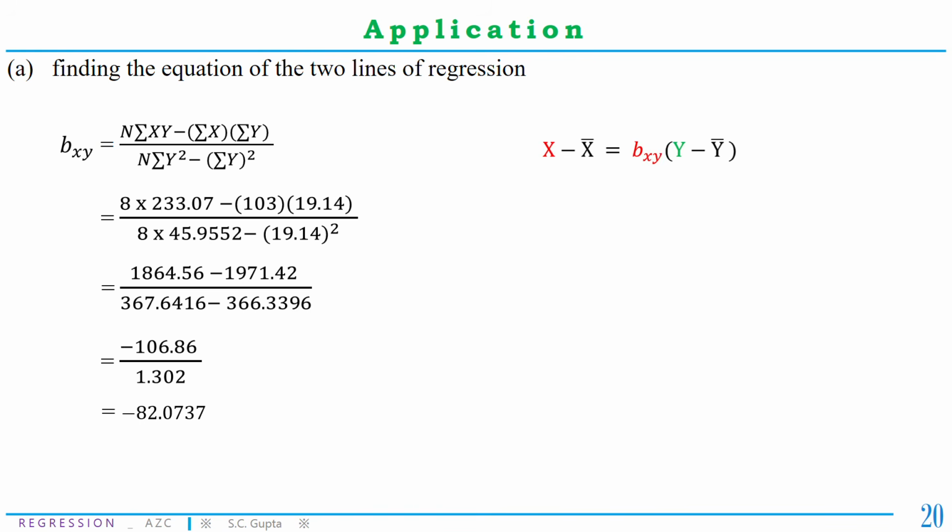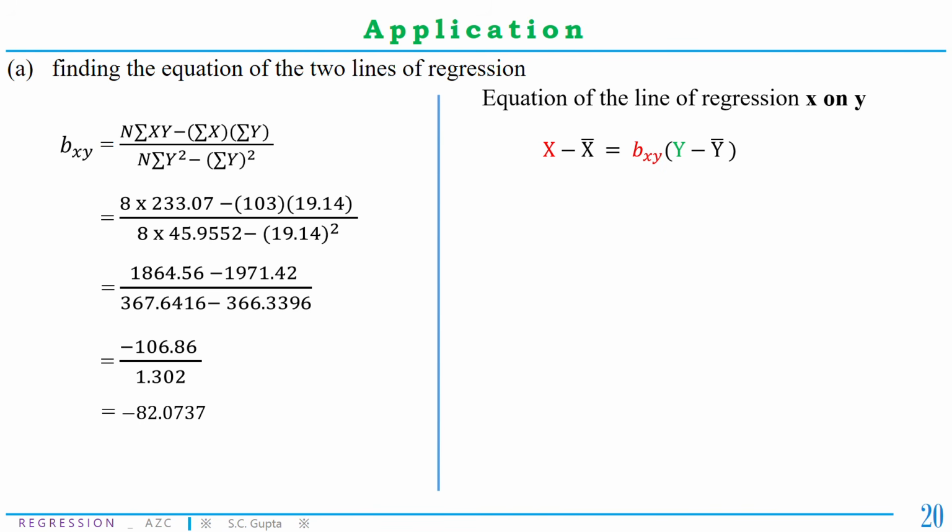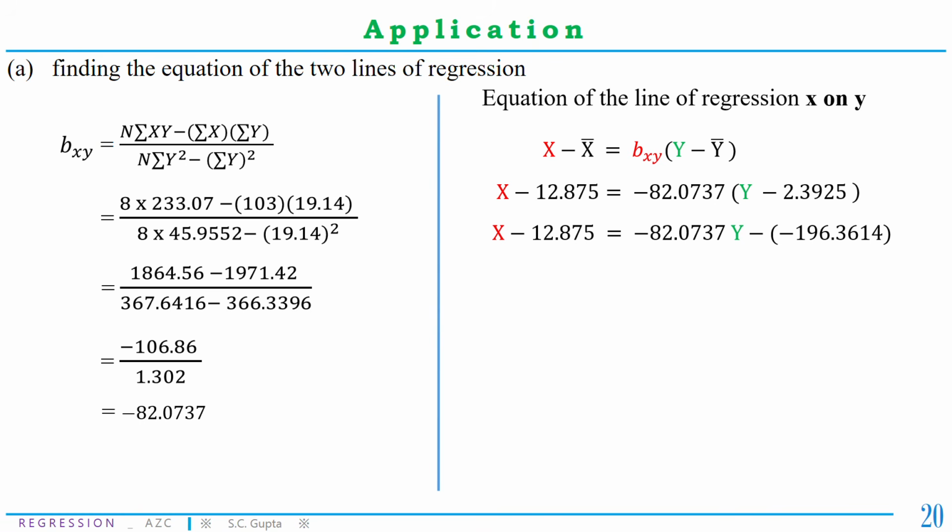Now put this value in equation of the line of regression x on y and solve this equation. Multiplication of minus 82.0737 with y is minus 82.0737y, and multiplication of minus